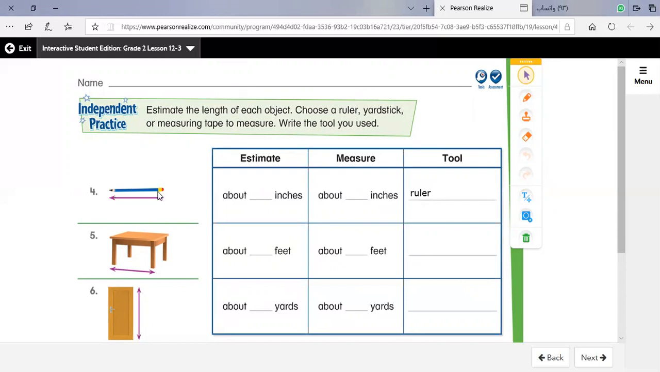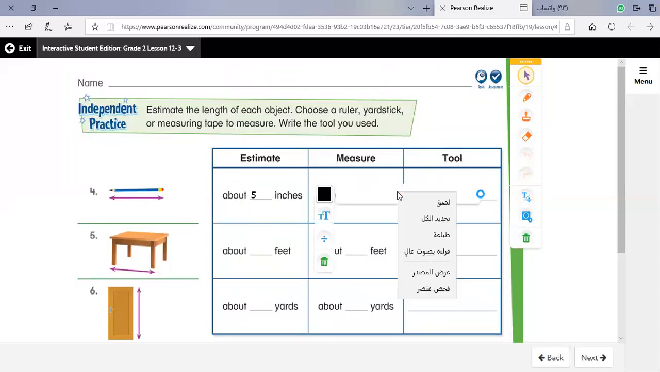Here, guess, it's how many inches? I will say 5. What about you? Okay, and I measured my pencil. It's about 6 inches. What about your pencil? Measure it. Yes, and here